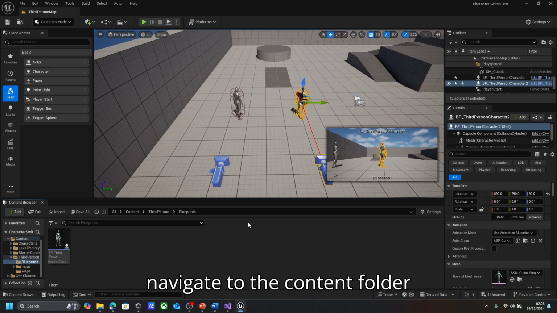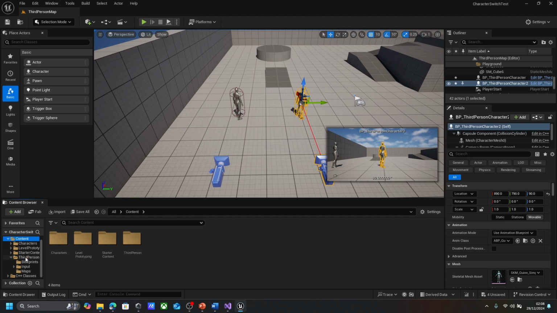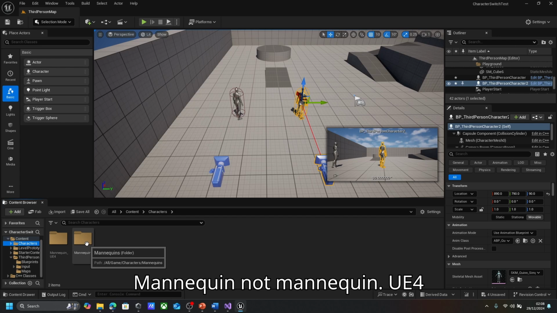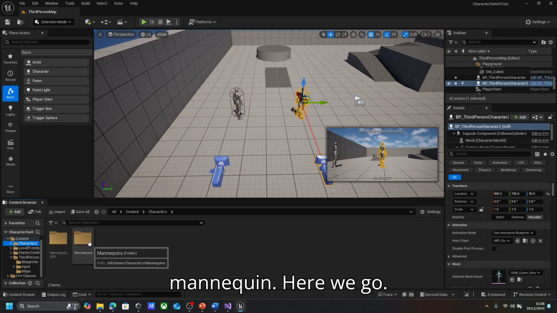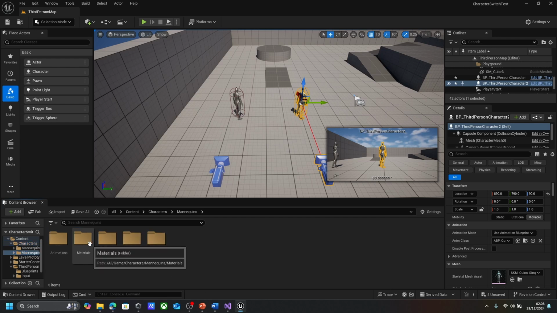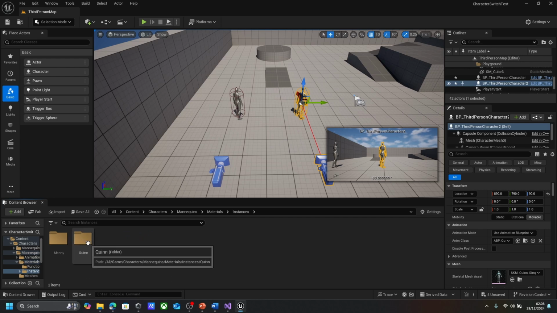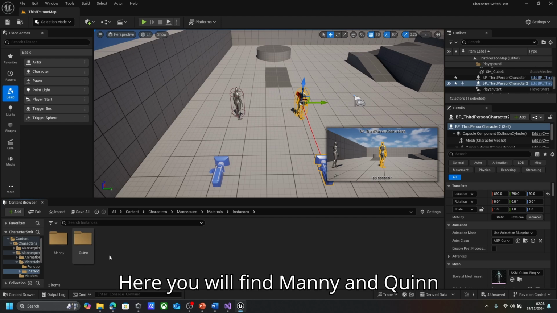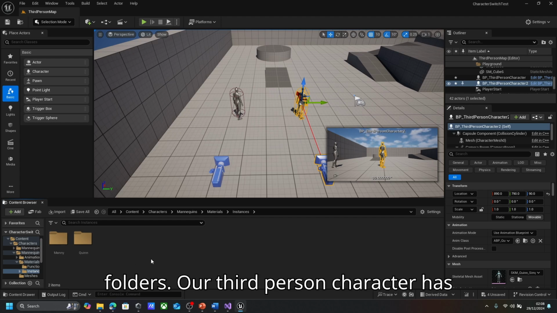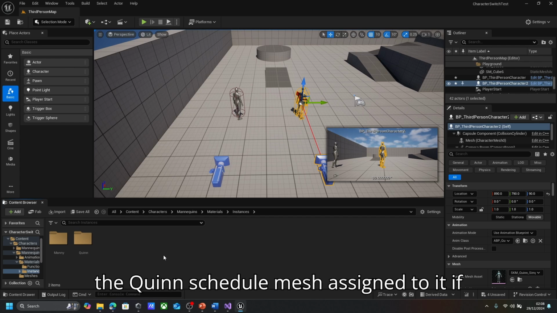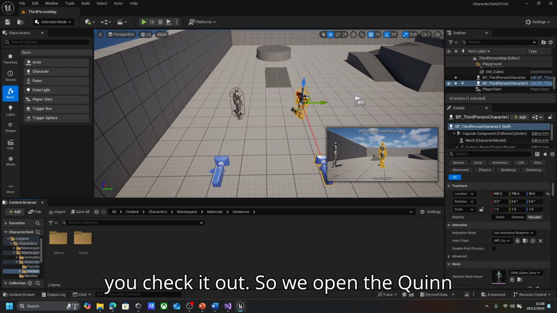So, navigate to the content folder over here, characters, mannequins, not mannequin UE4, mannequins. Here we go, materials and instances folder. Here you will find Manny and Quinn folders. Our third person character has the Quinn skeletal mesh assigned to it if you check it out. So we open the Quinn folder